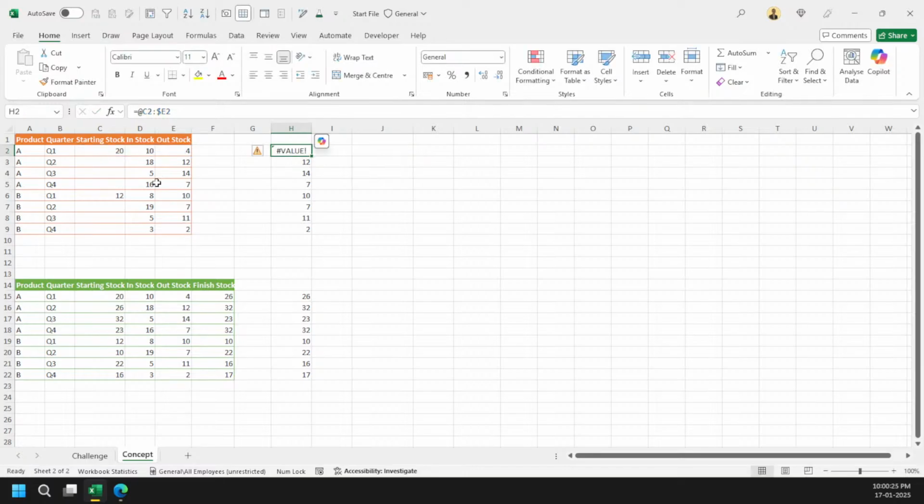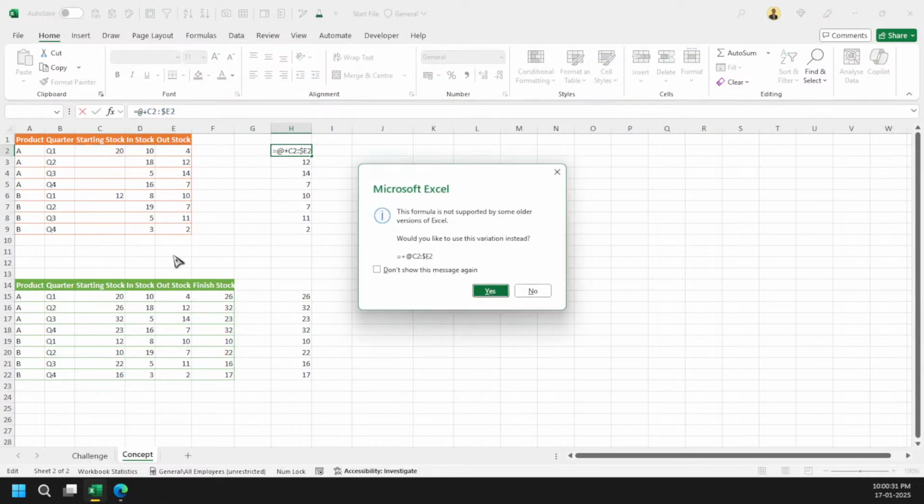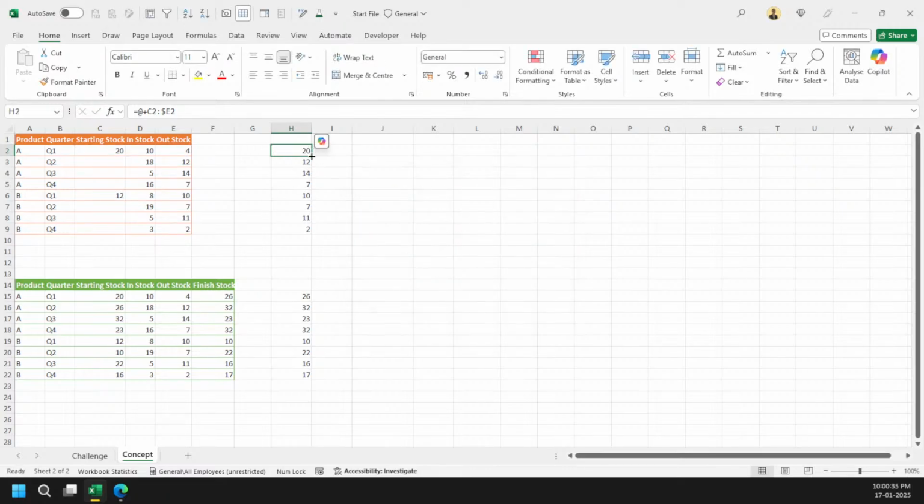So what I need to do here is make it a plus sign to convert it into an array format. The moment I do that, I am getting something like this, 20. And if I drag it down, you can see that 20, 0, it is working. And if I move across the columns, now I am getting the things I wanted. You can see that, right? So that's the logic I am going to use now.